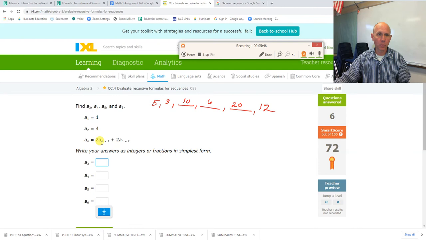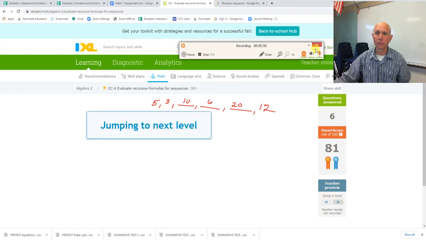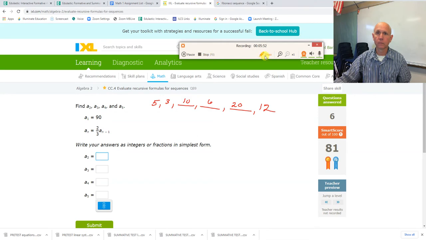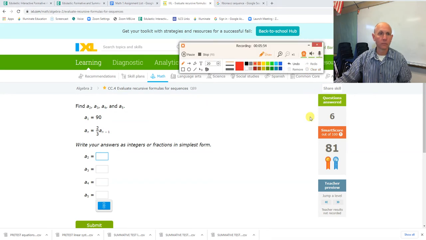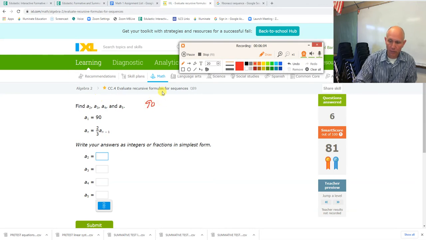So 2 times the previous term plus 2 times the previous term. Okay, this doesn't look crazy. It's just previous term times 2/3. So 90, and then 2/3 of 90, which is 60, and then 2/3 of 60, which is 40,